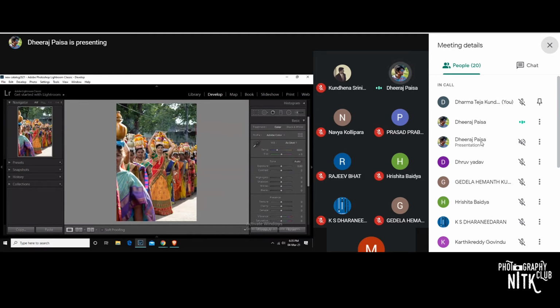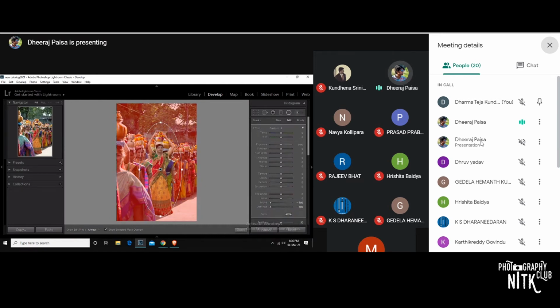On looking at this picture, I feel like increasing colors over this girl and decreasing some exposure around her. So first I'll use the radial filter. Just click the radial filter option and draw a circle. Then click the show selected mask overlay option, so you'll find the mask region you applied. I mean, this is the region where you are going to make the edit. If you want to apply the edits on the inside region of the circle, you have to click this invert option. So based on your requirement, you have to use this radial filter.